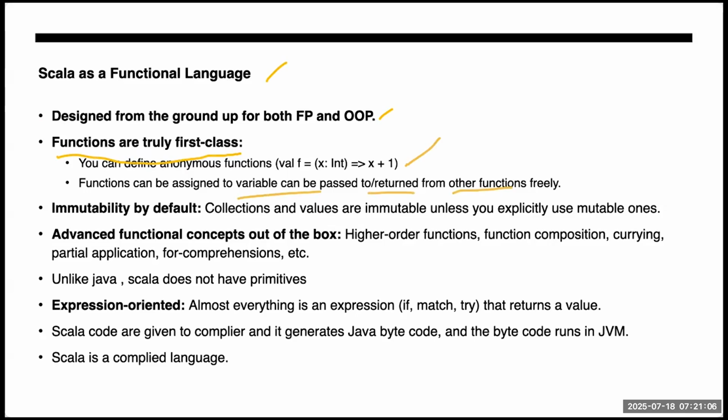Now here it is immutable by default. I have told you about immutable things, right? It means you cannot change it. In RDD also we saw that RDD is immutable. So Scala is immutable by default. So what benefit does it give you? Thread safety and concurrency. In thread safety, if it is immutable, then you don't need synchronization and locks and all. We have threading and synchronization locks and all those things, we'll look at that.